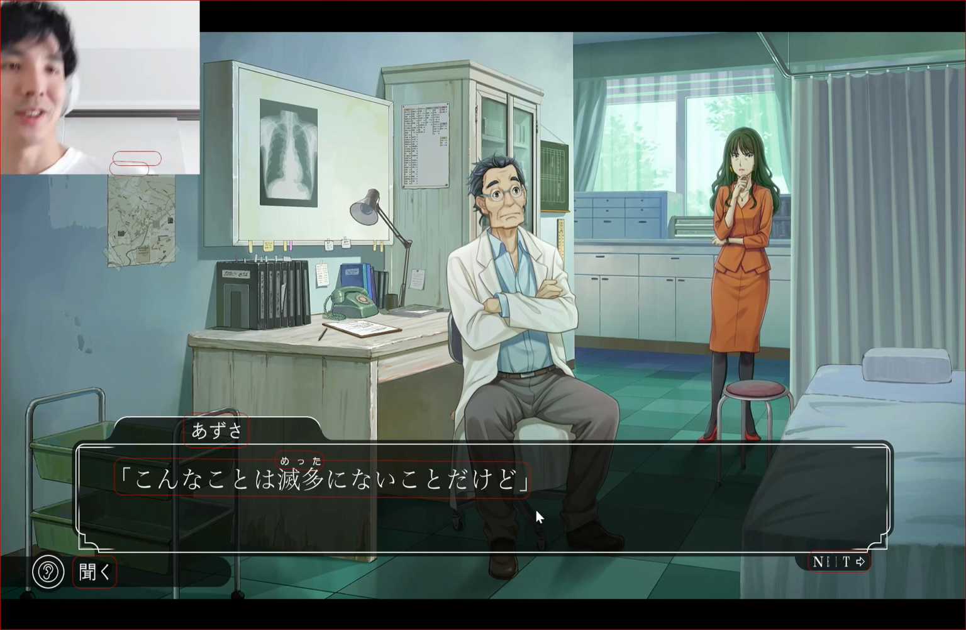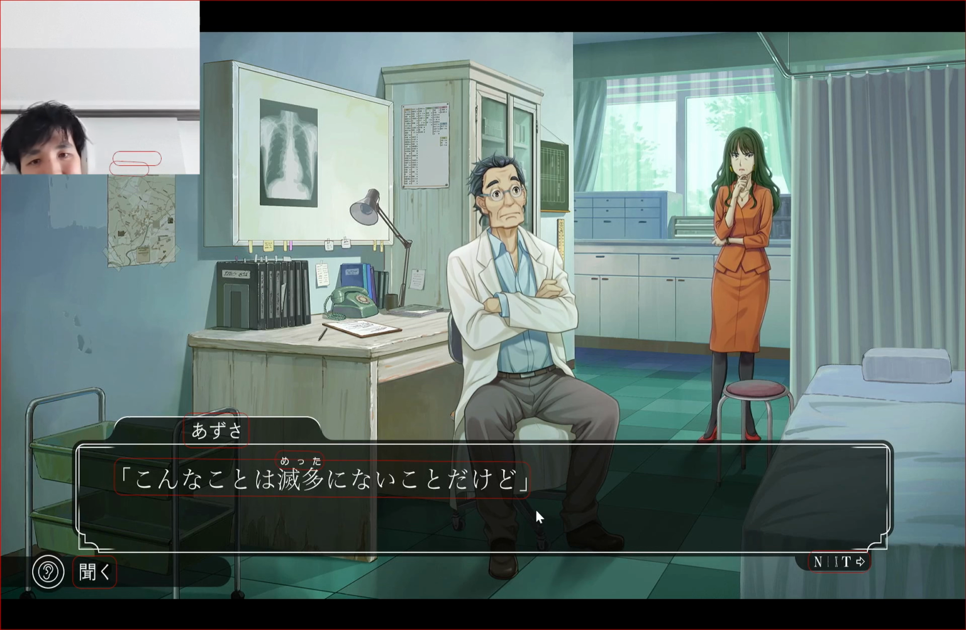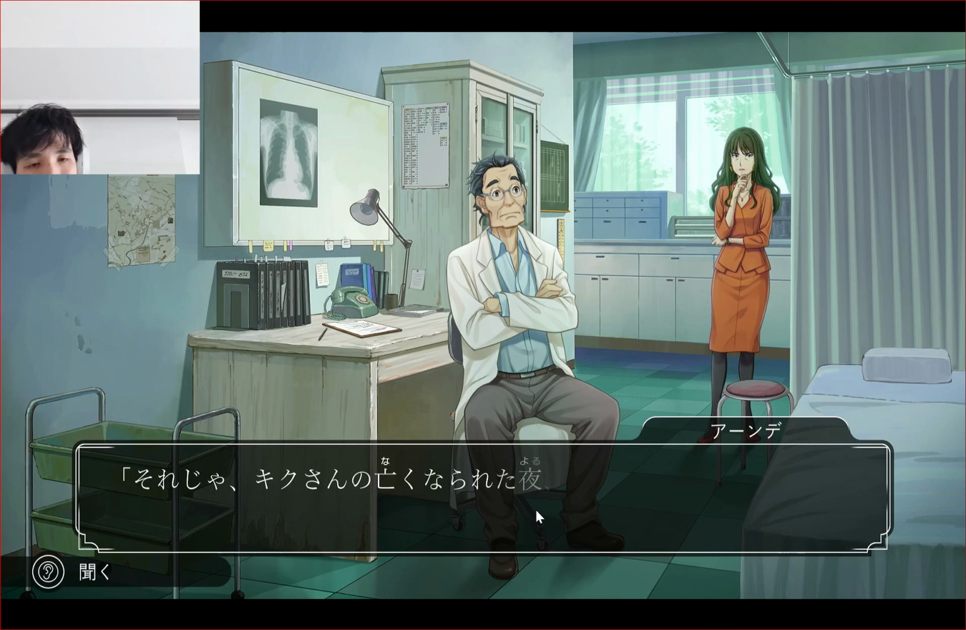Yashiki: ya is the roof, shiki that spreads over, and that's the residence. めったにないことだけど. Well, that's a strange thing. She's like, well, I don't live here, but three of us came back to listen to the will. I guess that's weird. However, だけど. それじゃあ、キクさんの亡くなられた夜、皆さん屋敷にいらっしゃったんですね。